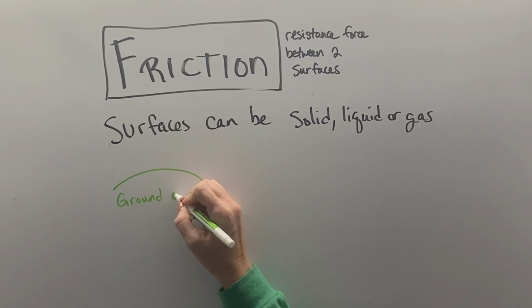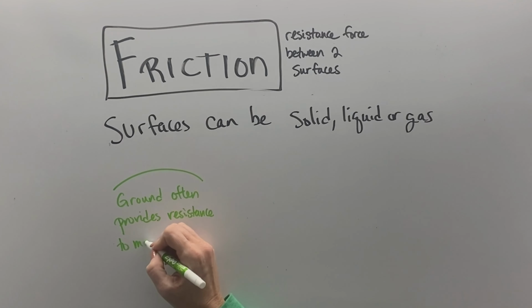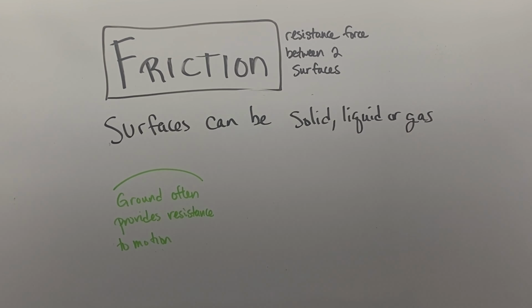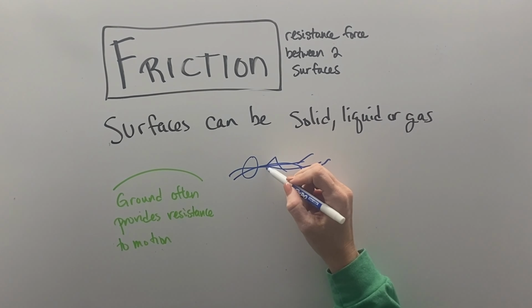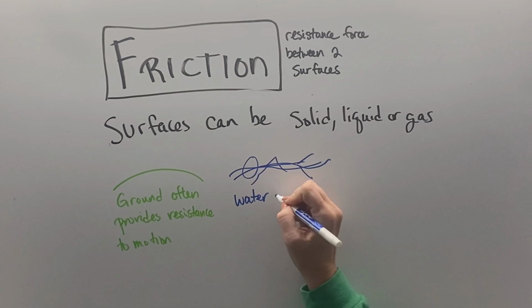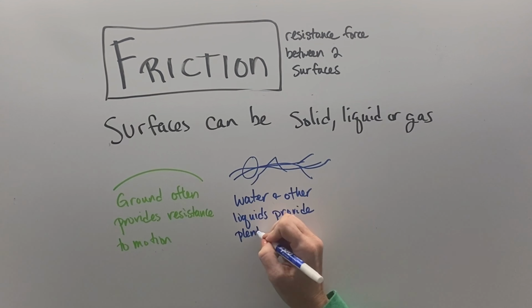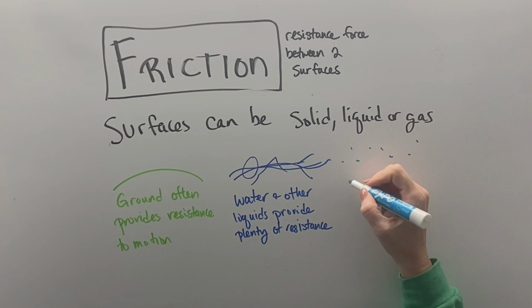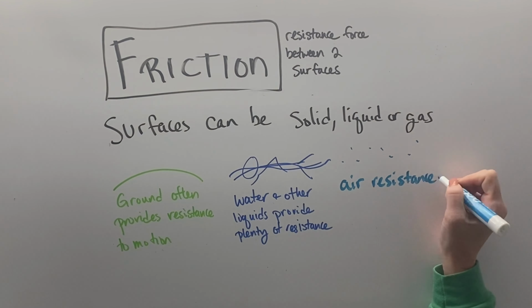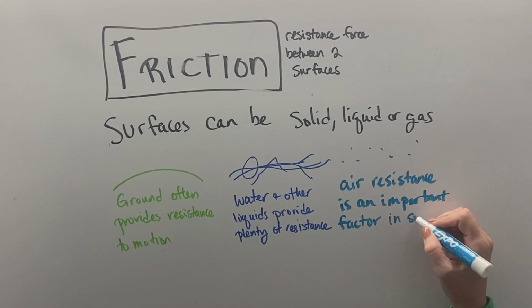Friction is a force of resistance between two surfaces, and these surfaces can be solid, liquid, or gas. On Earth, we often think of friction acting between us and the ground or other solid surfaces because they resist a lot of our motion. But don't get it twisted. Water is a surface that provides a great amount of resistance to motion. If you've ever been swimming, you can feel the water pushing against you, and other liquids can as well. Gases can also provide this resistance, and air resistance is an incredibly important factor to consider when we're looking at